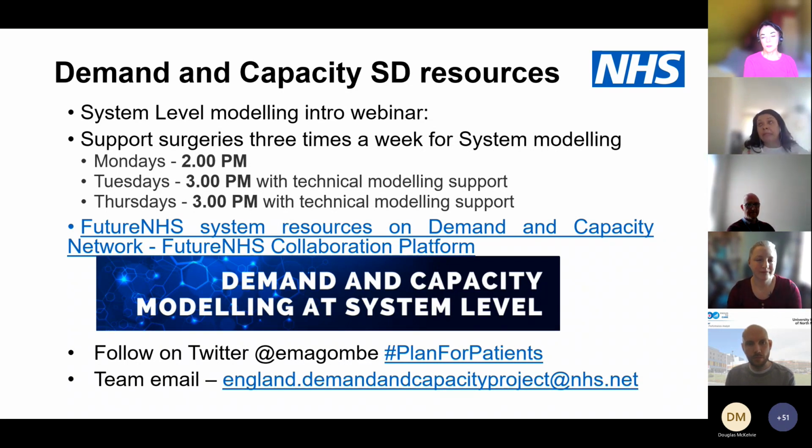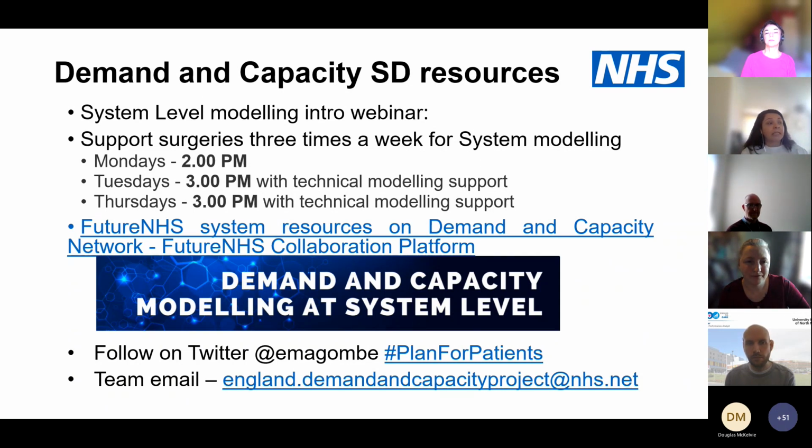For example, if you are starting a project and you are not sure what type of approach you should use, should it be discrete event simulation, or system dynamics, or perhaps agent-based, we can support with that. My background is system dynamics, so because we are not experts in all the possible approaches, we partner with other modeling experts and bring them into the session. We have some understanding of Stella software and Vensim software for system dynamics, and the other partners we are working with know some of the discrete event simulation software. So please feel free to reach out to us and book one of those support surgeries if you need support